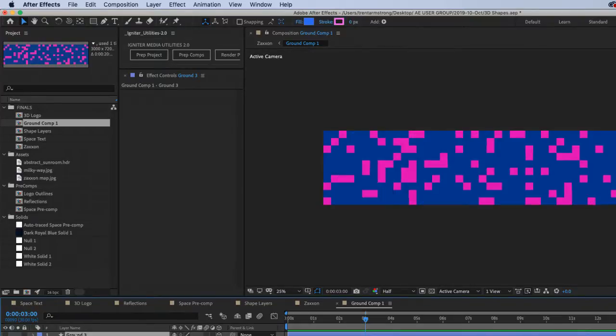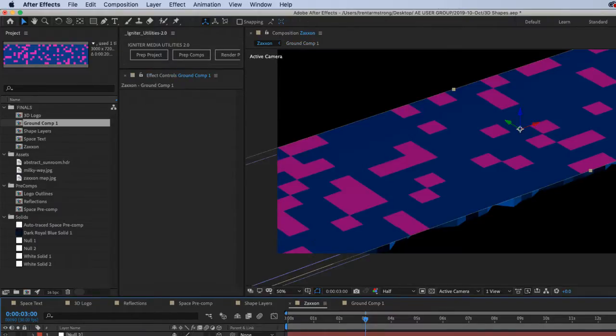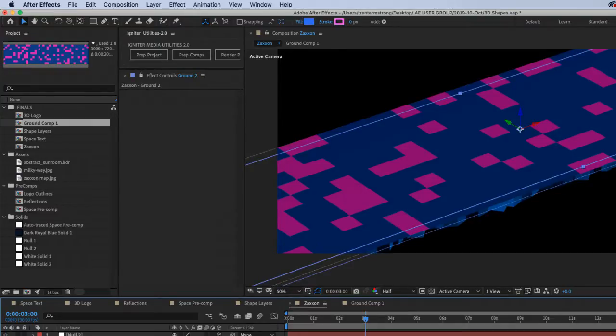Duplicate the extruded one, remove the extrude, and then use it as a track matte. Yep, okay. That's good. Duplicate. No extrude. Oh no. No track mattes in the Cinema 4D renderer. Boom, boom, boom. Oh snap!